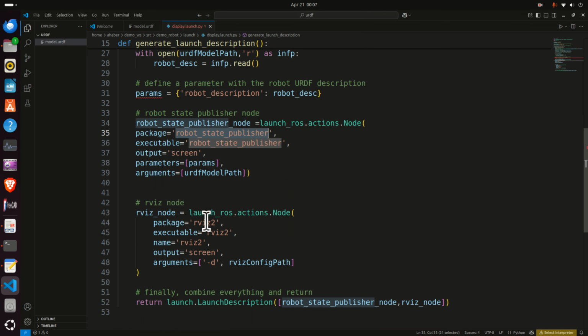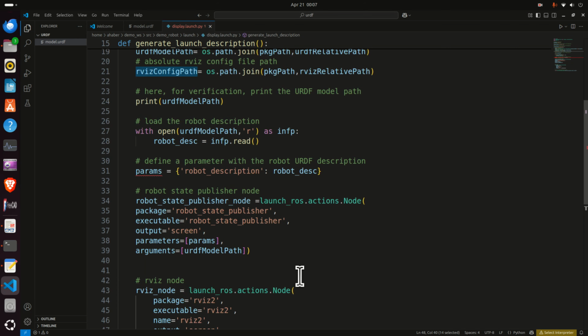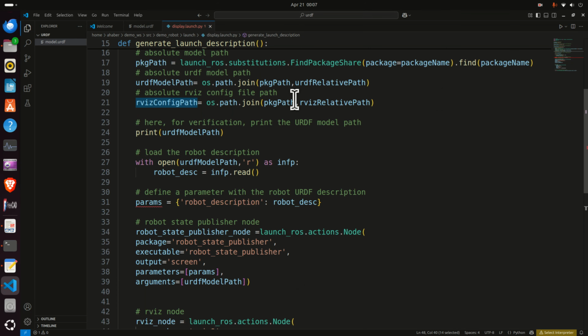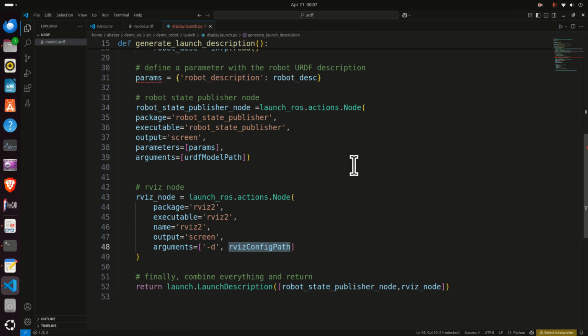Then we need an additional node, and this is our RViz node, and we follow the same strategy. We are saying here that we are using the standard RViz package, we are specifying the executable, we specify the name, where do we want to print it out, and over here we are specifying the path to the configuration file. Here it is. The first time we run this code, the configuration file will be empty and nothing will